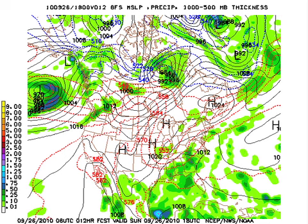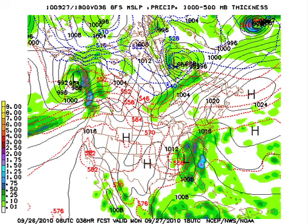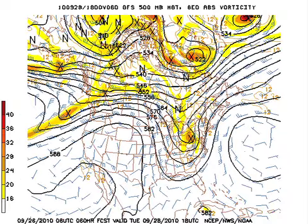GFS 06Z model run, and seems to have a little better handle on the frontal system this morning, and it looks like rain over a large portion of the southeastern U.S. The low closes off over the Mid-South area, generally in the vicinity of, it looks like, about Muscle Shoals, and that should keep us fairly wet on Monday, with more rain to the east of Birmingham than to the west of Birmingham. The trough pulls on out, and that closed low pulls on out to the northeast on Tuesday, and